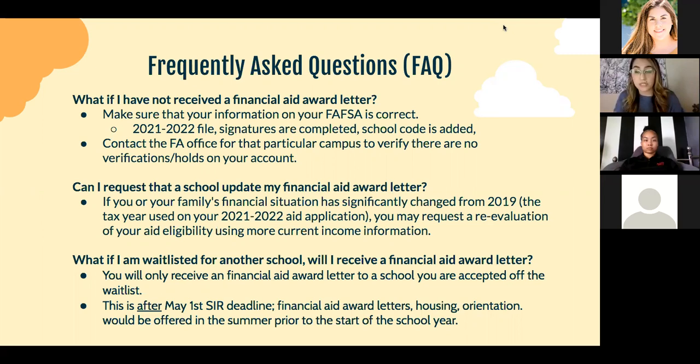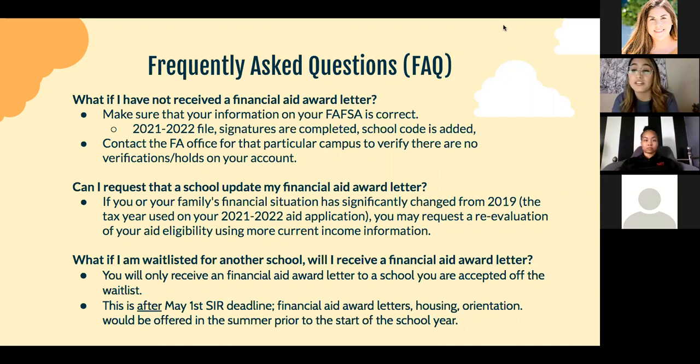It is possible to get your financial aid letter reviewed after you submit an income appeal, but you have to make sure that you're submitting the documents in a good amount of time, because these things do take a while to process. And I'm sure many students are in that same situation. So just make sure that you're following up and submitting the right documentation. And another question that we have is, what if I'm waitlisted for one school?